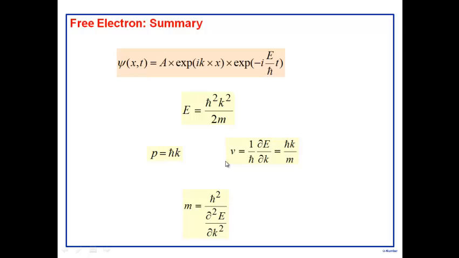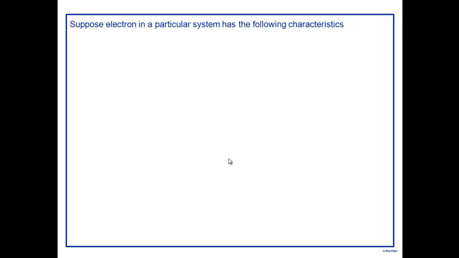Now, free electron, of course, we are interested in an electron in a solid, in a silicon crystal or a germanium or gallium arsenide. So we are interested in an electron in a solid. So how is this free electron picture important for us? Okay. Now suppose